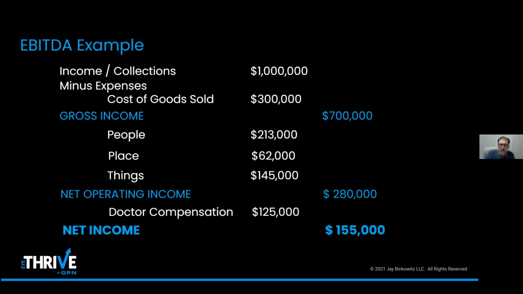The other thing I would point out, in the last session, we talked about the optometric net. And I think putting the doctor compensation below the net operating income really clarifies the optometric net, because we can see here that $280,000 essentially helps us clarify that number as a percentage. Yeah, agreed. Very clear. And then as we continue, we take the $155,000 net that we have, and now we're